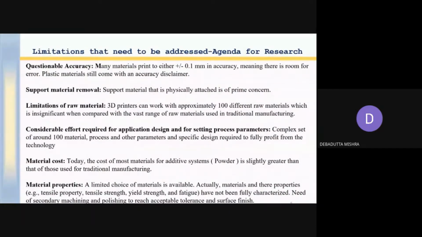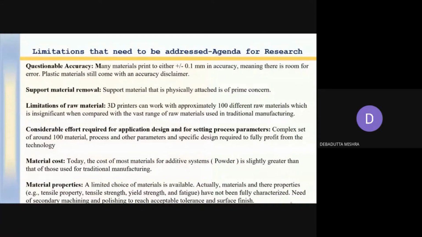So it's very tough to fix the process parameters, and the accuracy, functionality and strength will depend upon the process parameters. This is to be studied. Gradually this can also be set for a particular process and a particular material to obtain the desired target or performance.